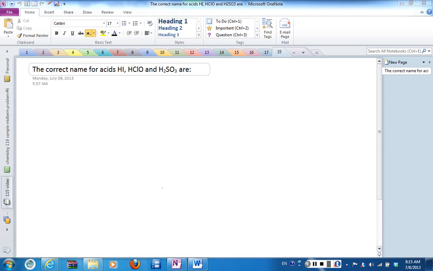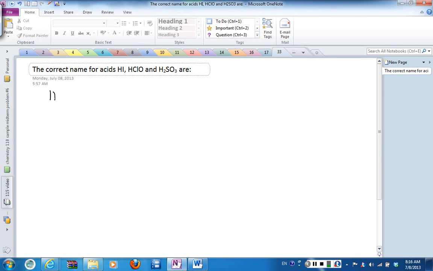The correct names for the acids HI, HClO, and H2SO3 are... Okay, so this is a nomenclature problem. We're trying to name three acids, and to name acids we have a set of rules. We put acids into different groups and name them accordingly. So starting from the first one,